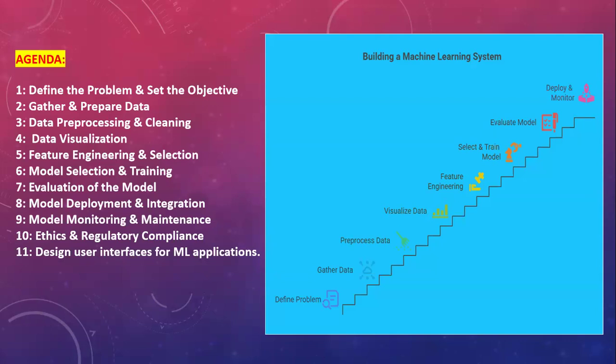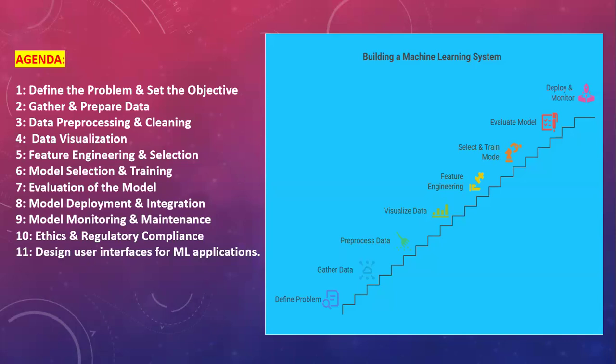Then after that, we are going to do data preparation. We are going to gather and prepare the data for the ML problem of the car price model. Then we are going to see data pre-processing and cleaning activities, as well as data visualization. Then after that, we are going to do some feature engineering and selection for this car price prediction model. And after that, we are going to see the model selection and the training for this linear regression